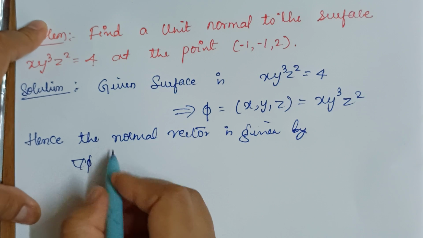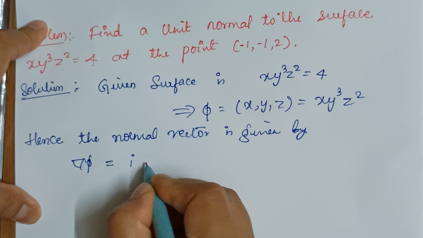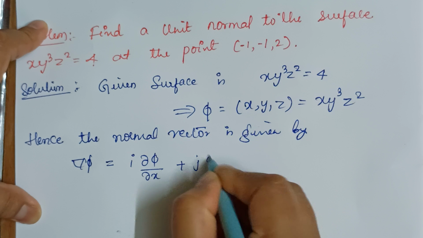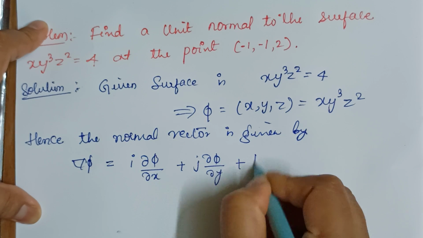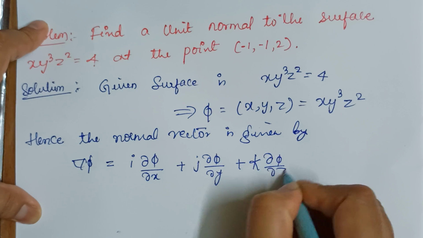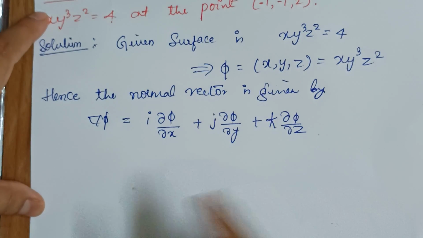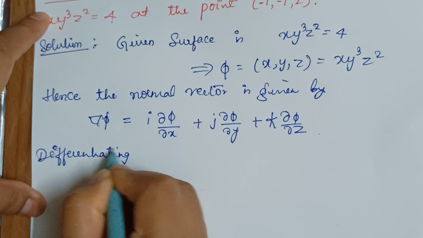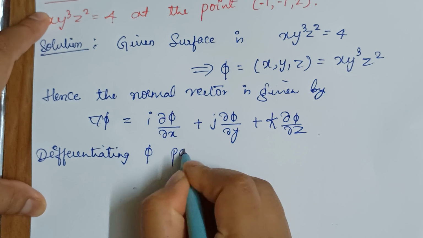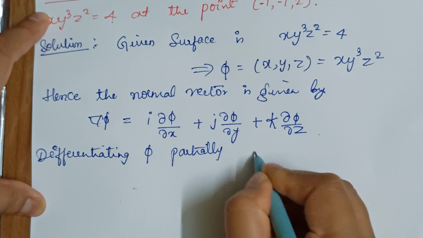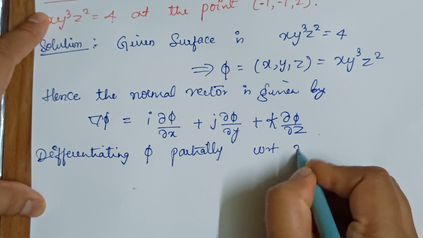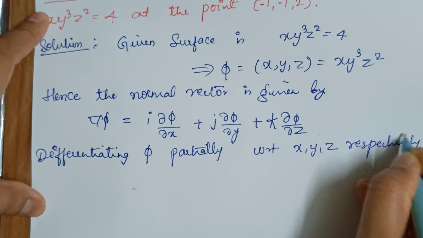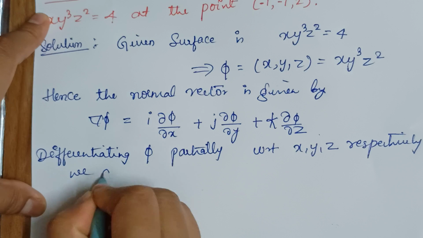del phi equals i into dou phi by dou x plus j into dou phi by dou y plus k into dou phi by dou z. So, differentiating phi partially with respect to x, y, z respectively, we get